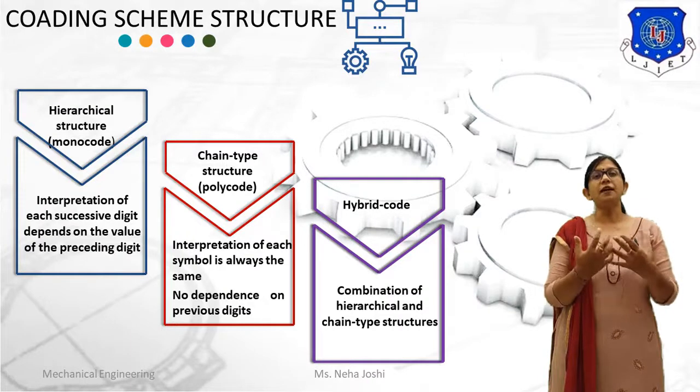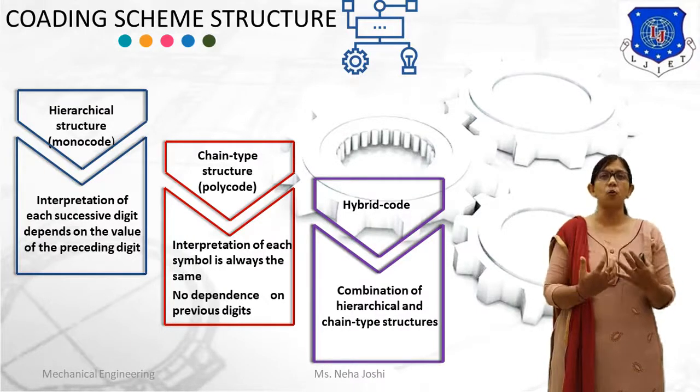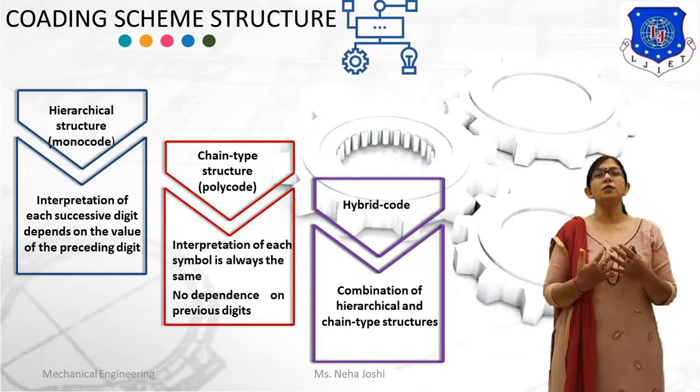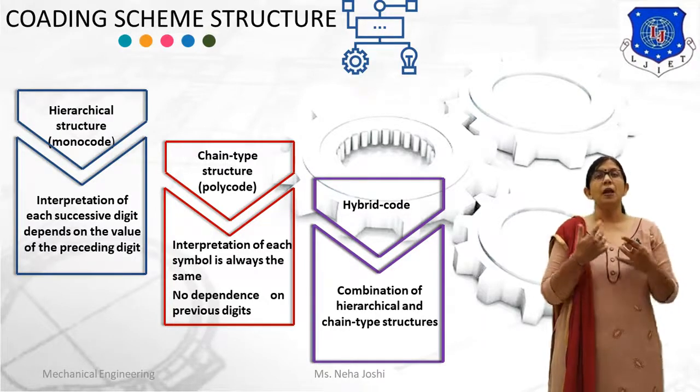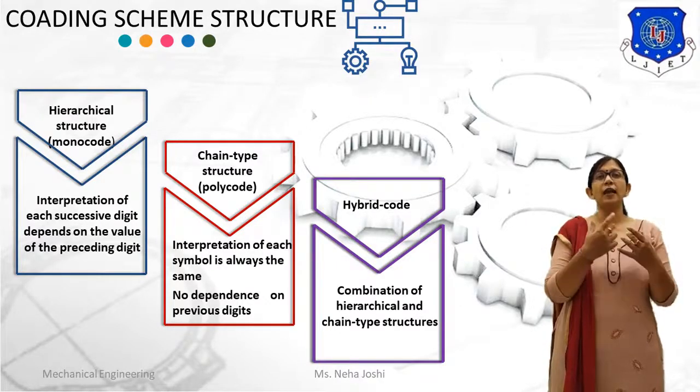And the last and final category of coding system will be the hybrid code or mixed code. This is a kind of code system which most of the companies prefer. This system combines the advantages from the monocode and the polycode system. People may define this as an advanced code system. The example of this code will be